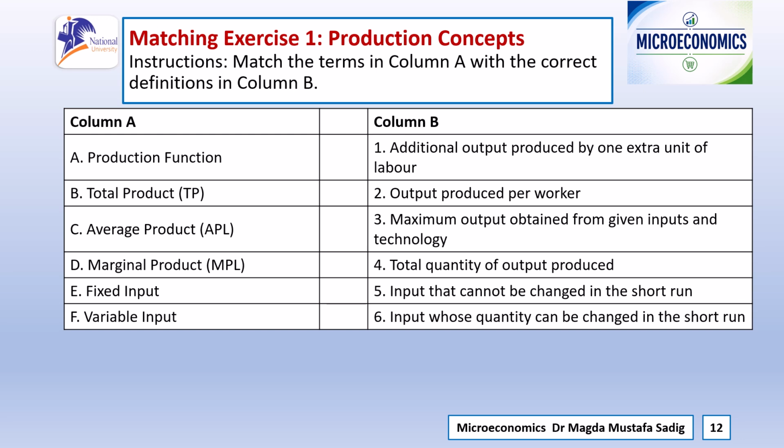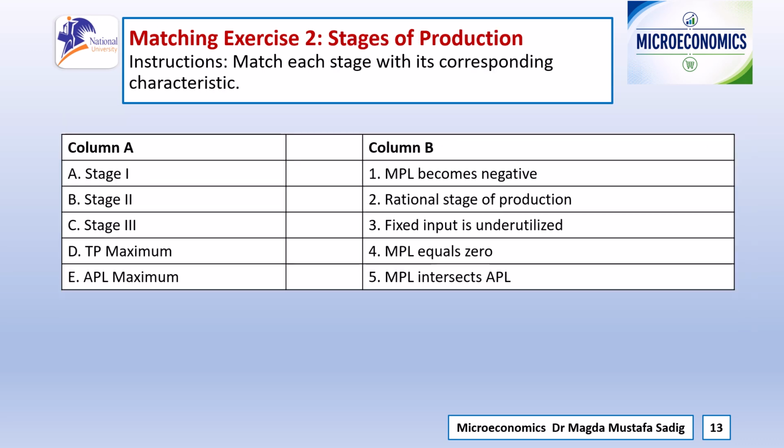For the matching exercise 1, I'm going to do the first one, and the students have to continue doing the remaining ones. Let me first review what we have learned. Match each production concept with its correct definition. This activity reinforces the meanings of production function, total product, average product, marginal product, fixed input, and variable input. So you can solve it after you study this lecture carefully. You have also another matching